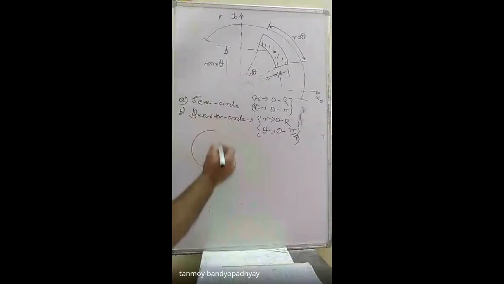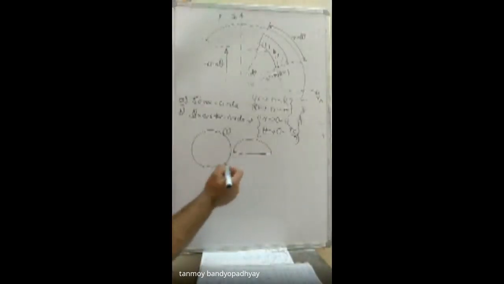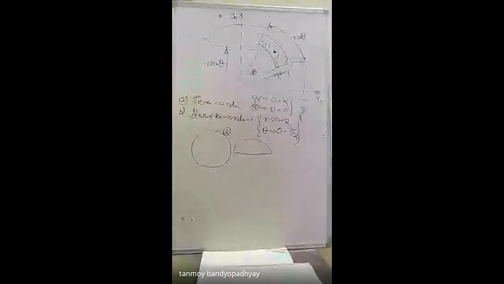For a semicircle, pi r to the power 4 by 8. Yes, that will be half. A quarter circle total, pi r to the power 4 by 16. So the full circle has a full value contribution, and when you remove half the portion of it, it will have half the contribution. In this way, it will keep reducing.